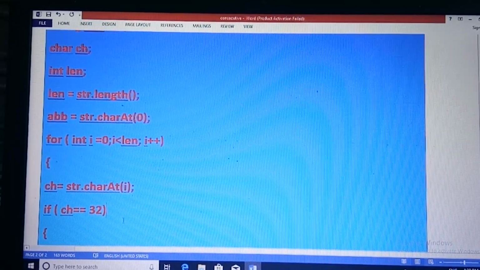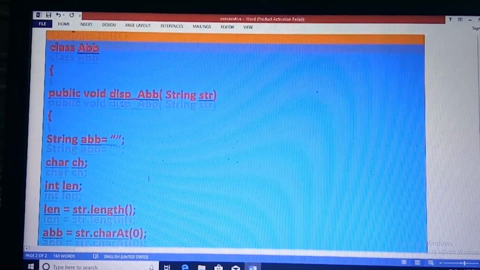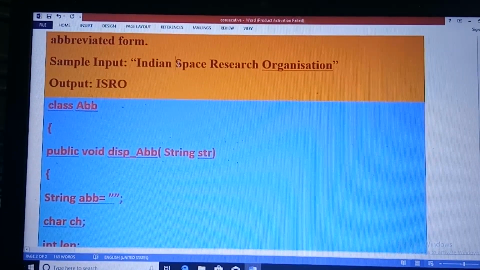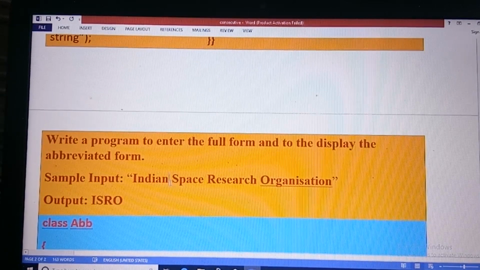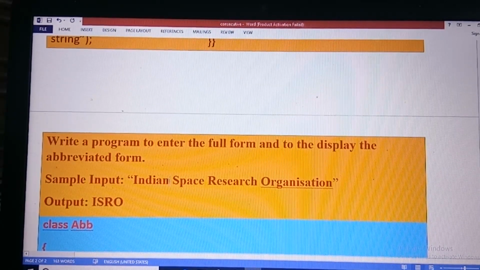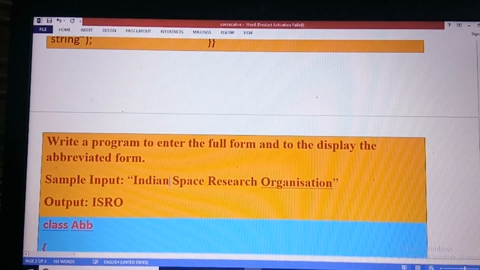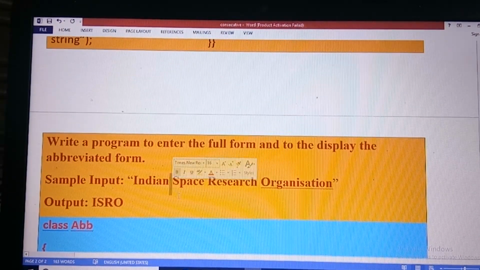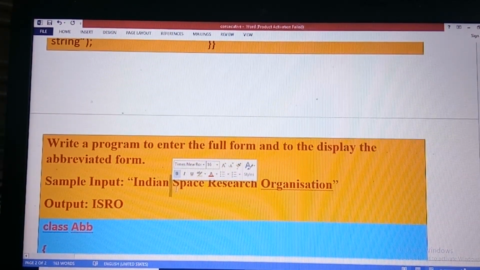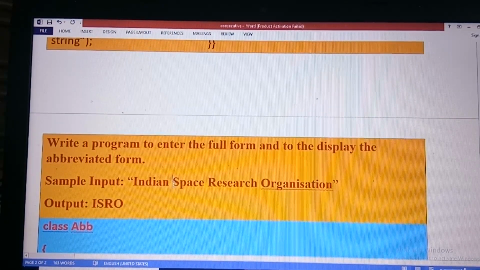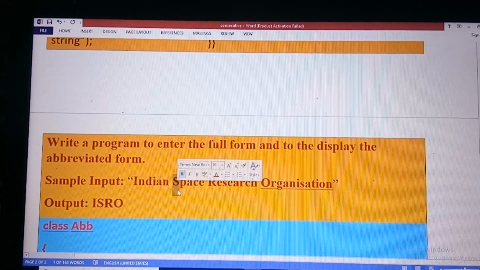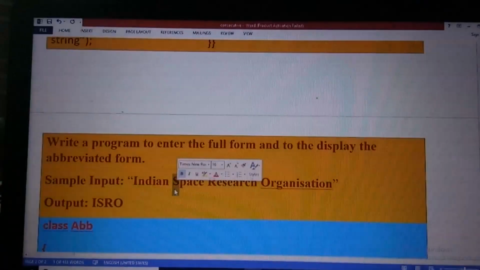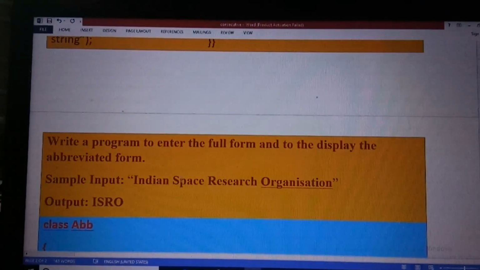If there occurs a space, the next alphabet needs to be stored in the variable ABB. For example, here when ch is a space, the next alphabet is the starting of the next word. That alphabet needs to be extracted and must be stored in the variable ABB to get the short form or abbreviated form.